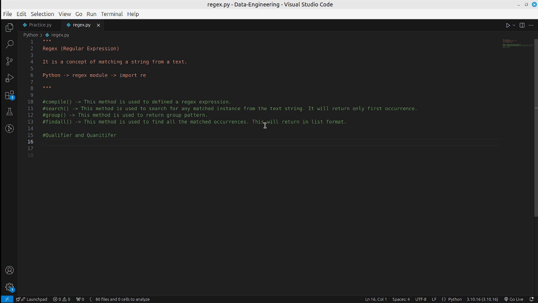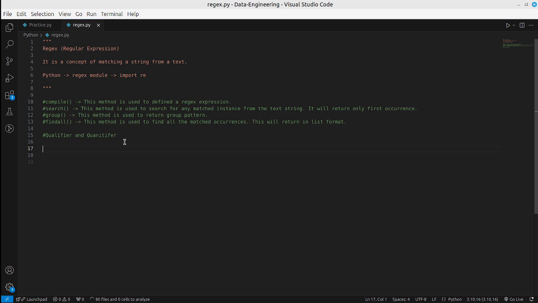So basically, qualifier is nothing but, in simple terms, whenever we want to qualify a pattern, there are some special characters that are used for some purpose in regular